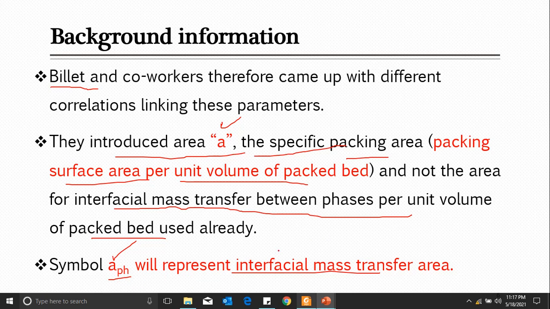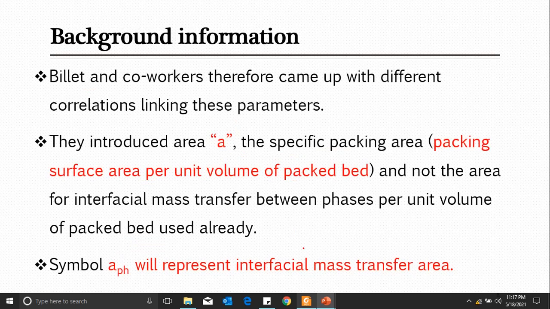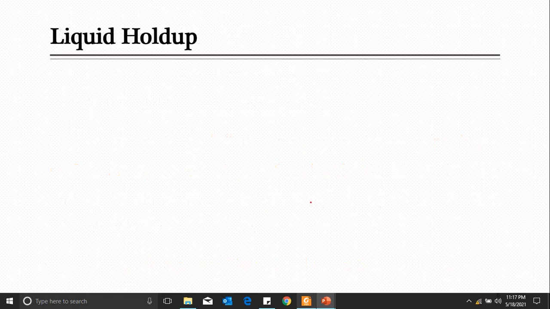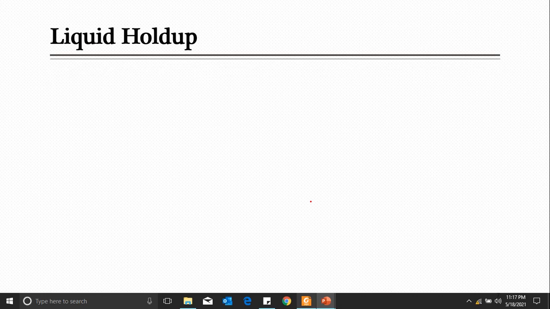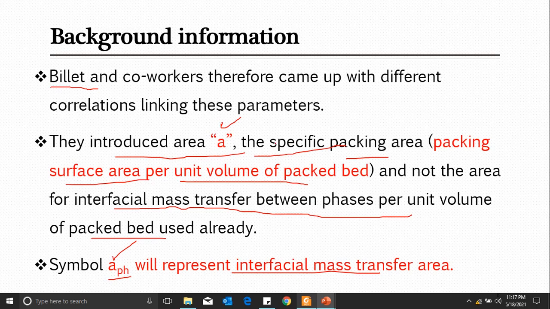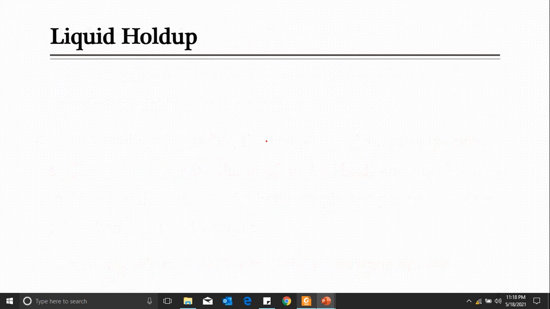Before we talk about that equation, let's look at something else. We will come to the equation used for finding the liquid holdup, but before that, let's look at what liquid holdup is